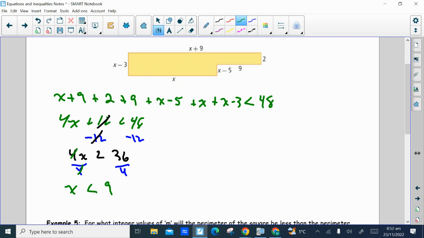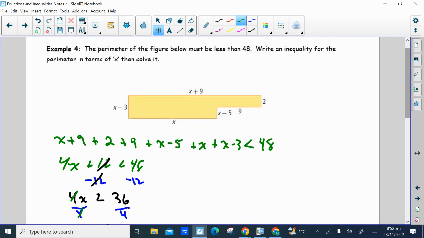So any number less than 9 should work. So if we check this on our diagram here, choosing a number, let's say 8. And it's always best to use the original expression, the original diagram. So this is our check